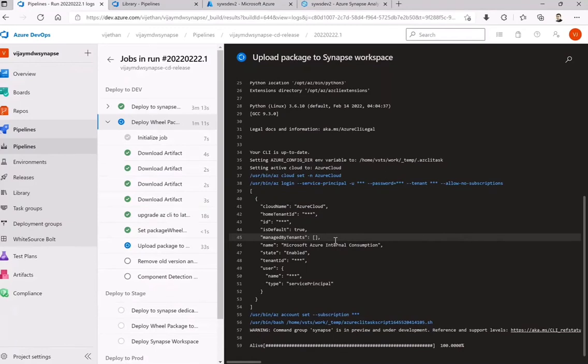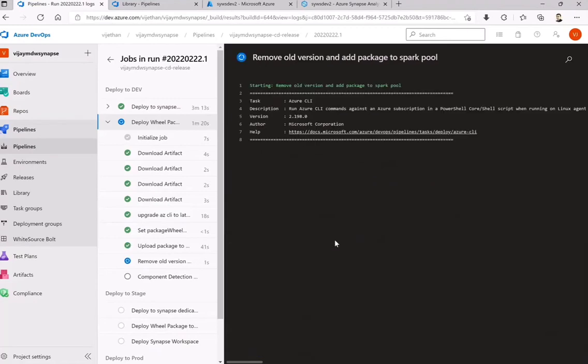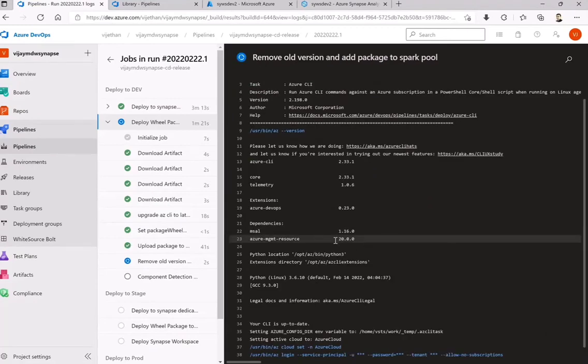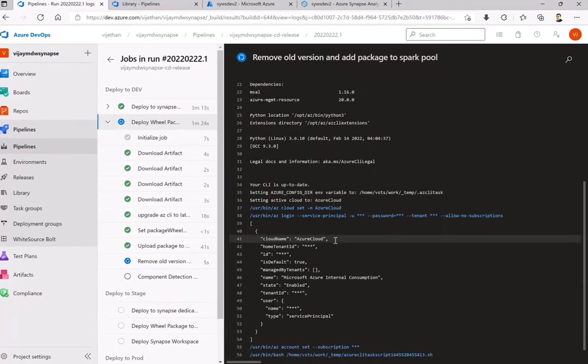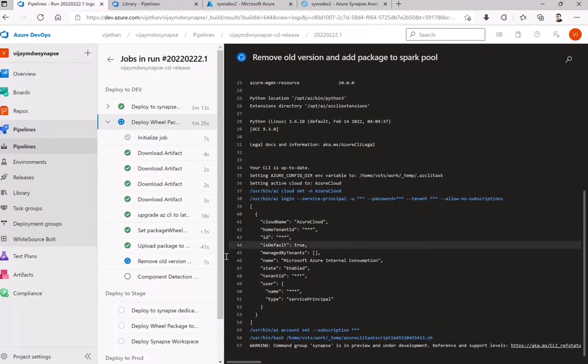Okay, it is just trying to test whether that pool is alive. Then, moving from there, I think it will go and upload that package. It is trying to remove the older one. Okay, so this is the step-by-step process.